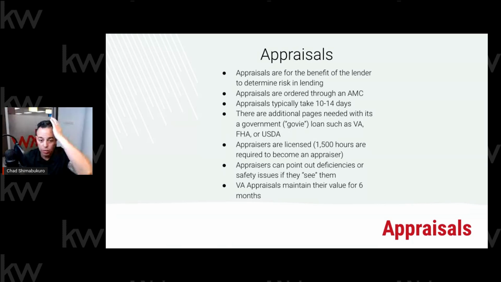They don't know who the appraiser is. Let's just call it Superior AMC, whatever that company's name is. It's an order, and Superior AMC will go through a blind process and select the appraiser that's available to do that appraisal. And then you're notified, the listing agent is, because that appraiser then, sometimes it's the AMC, but most